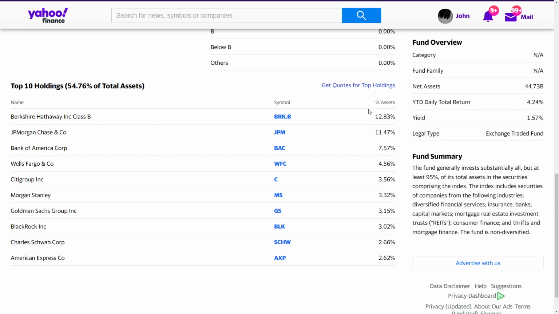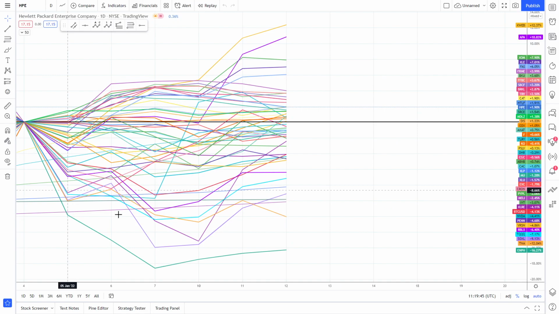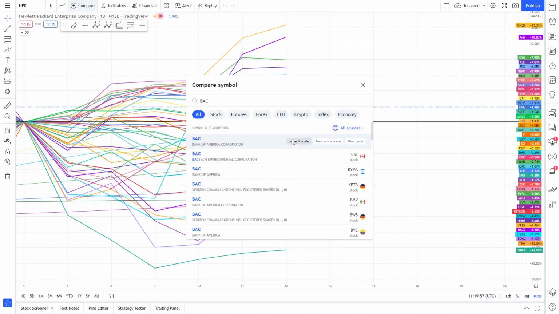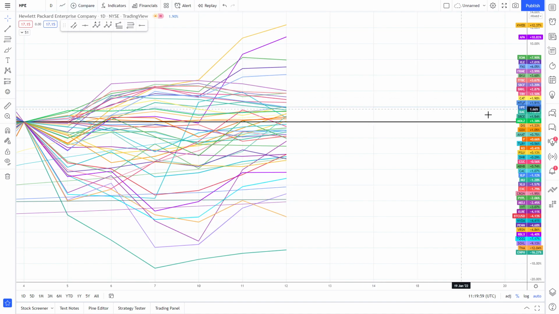So once you've identified the tickers, you want to then go plot them out. And I'm using TradingView for this. I just type in all the names under the compare. So if we wanted to add Bank of America, boom, BAC is added, up 1.81% on the year. I then changed this from candlestick to line. I started at the beginning of the year. And now you have a way of tracking all of the tickers that were the output of my market scan